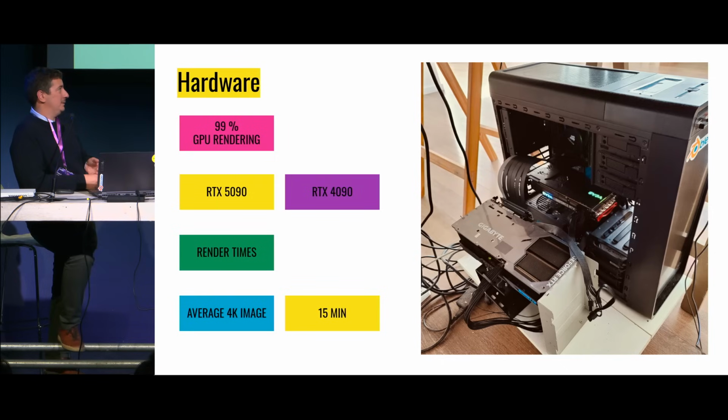Potentially, we will put in another 5090, and then the limitation will not be the 24 gigs, because the huge thing about the 5090 is that it now has 32 gigabytes. That seems like not a huge thing, but it's 8 gigabytes more to load things into memory. And the difference with the CPU: we can render 4K images in 15 minutes, photorealistic, and with the CPU it's like 1 hour, 1 hour 20. So we try to fit everything in the GPU. That's the conclusion. It's a huge difference for us, and that lets you experiment much more with the lighting, and at the end, that's an improvement,